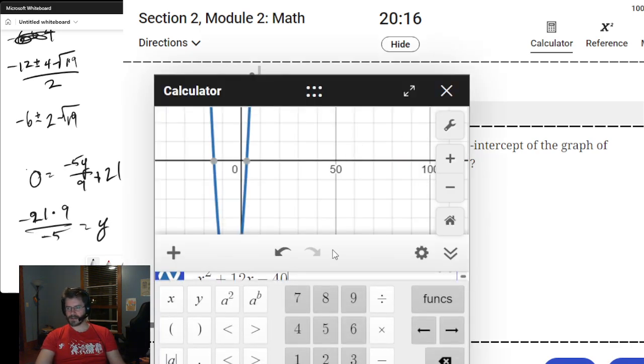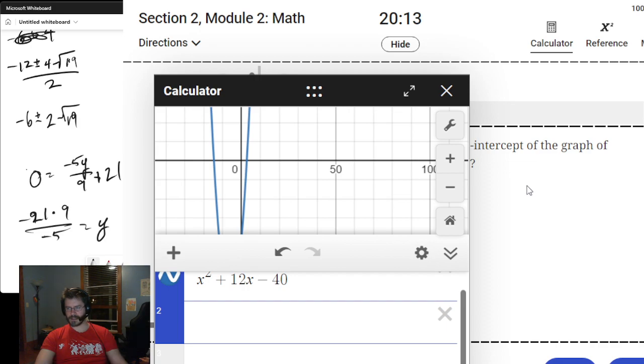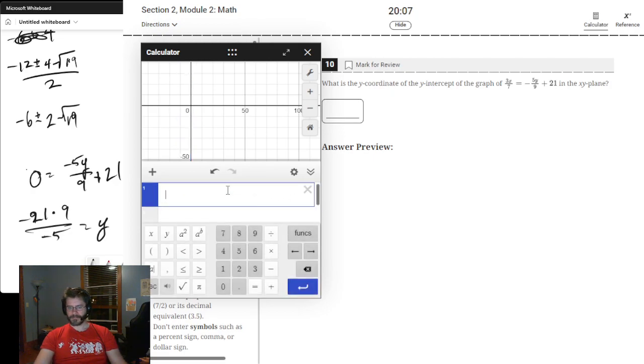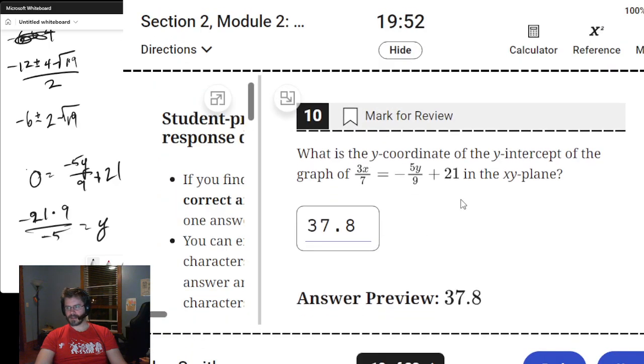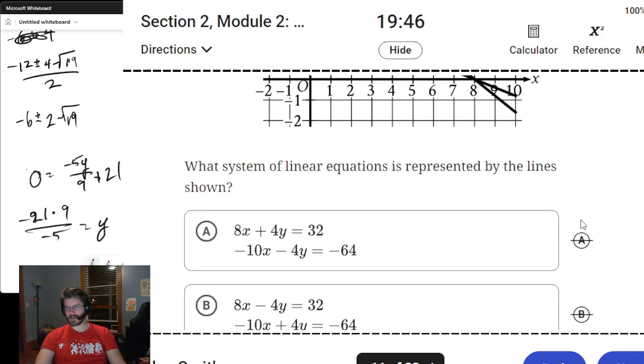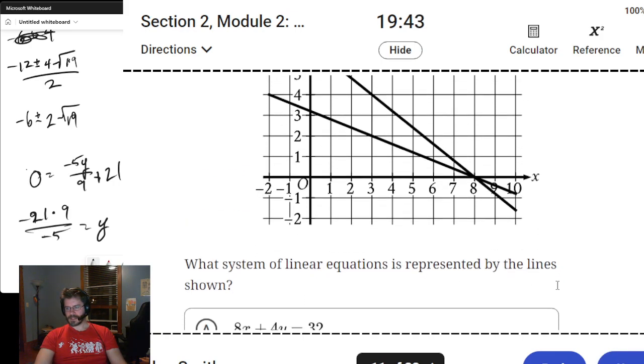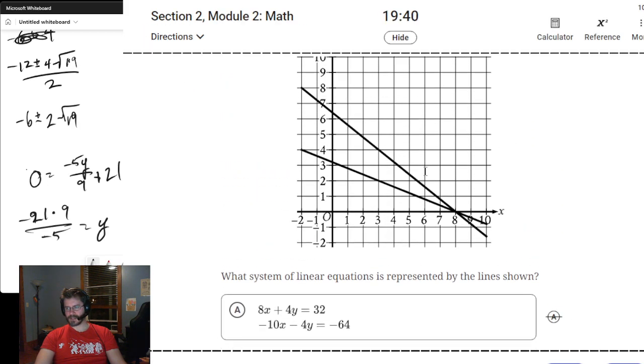Nothing reduces there, so this I am going to just plug into Desmos. I'm hitting the wrong key on my computer. So negative 21 times 9, negative 189. The negatives are going to drop off, so dividing by 5, you get 37.8. On these, I'm less afraid of getting a weird number because these were fractions. So I think that's a fine thing. Linear systems represent the lines. You could graph these, but I'm just going to look at the critical points. We have a y-intercept that's between 3 and 4 and a y-intercept that's between 6 and 7, and the slopes